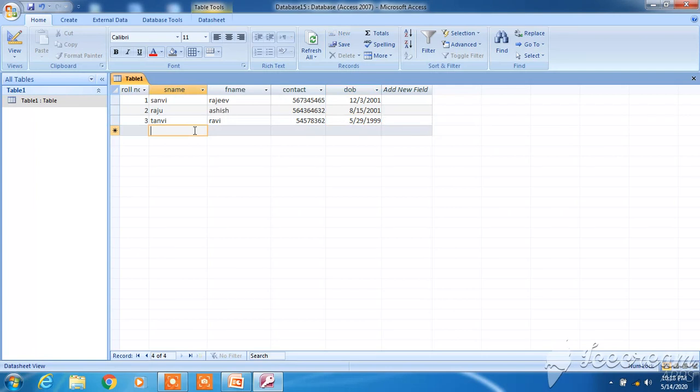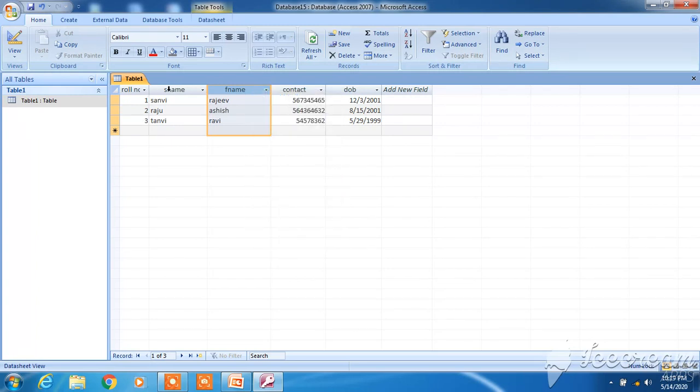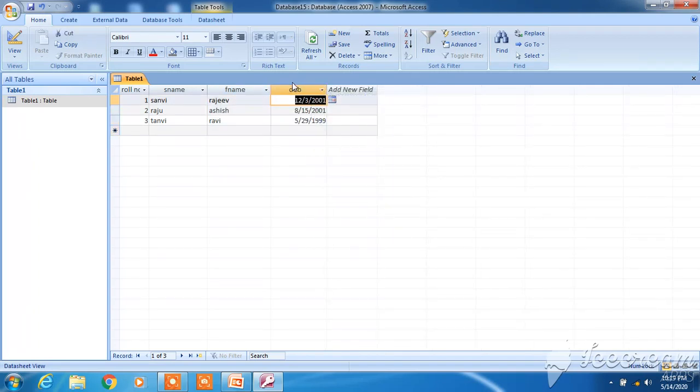Next thing also, here you can do some modifications or editing, suppose any kind of editing. I want to hide this column, I want to hide student names or contact number, so I can hide it like this. Hide this column, contact number will be hidden, right?